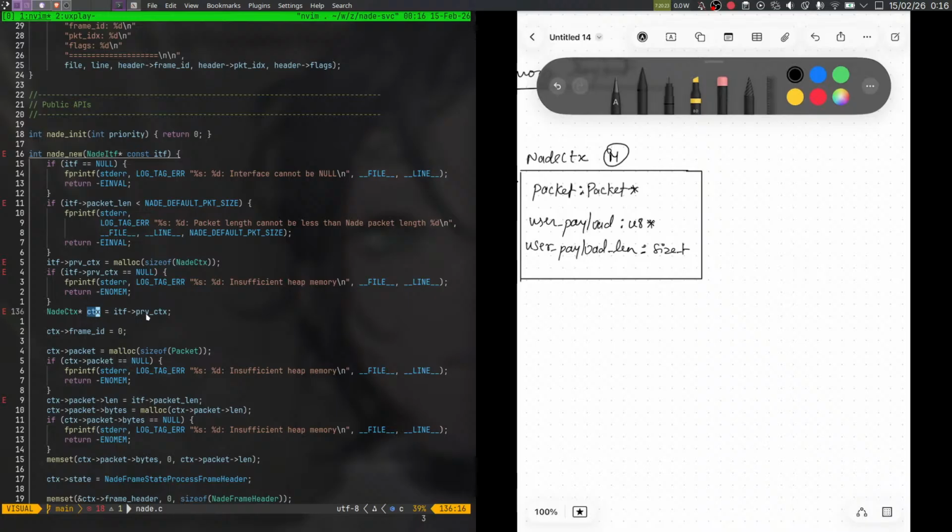For example, what this means is that I have this CTX variable, and this points to the same location this PRV CTX points to. So basically two pointers pointing at the same memory, which can cause issues sometimes because how